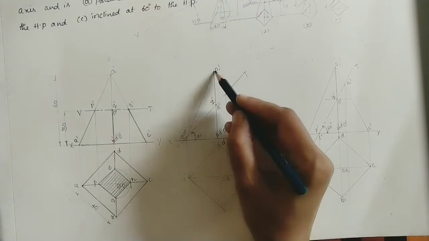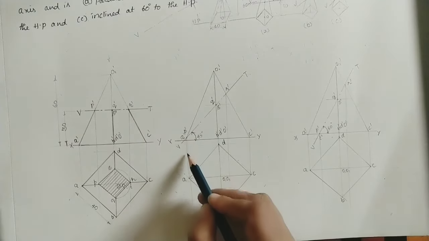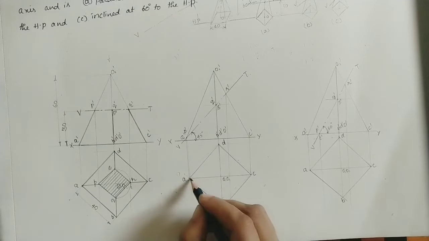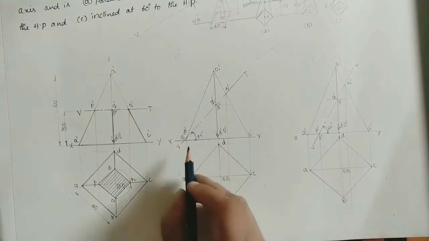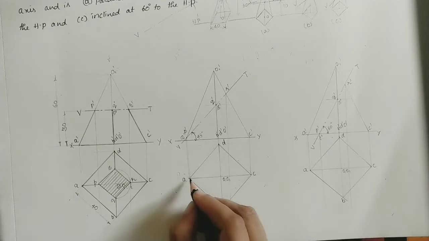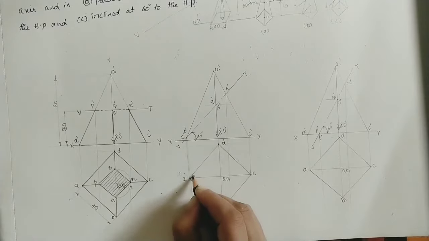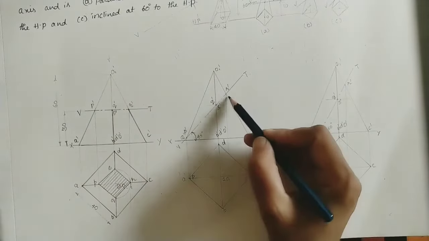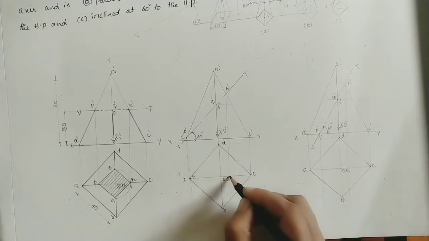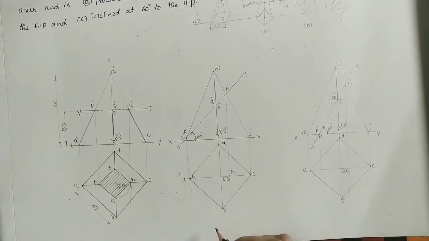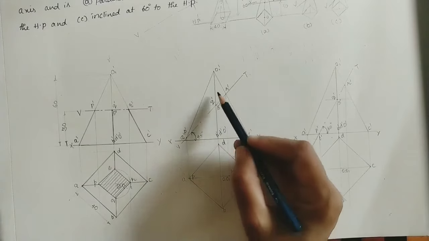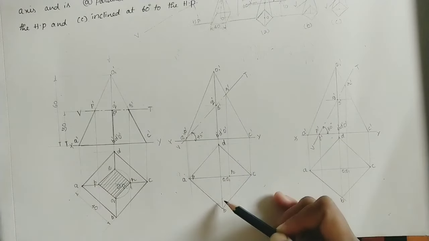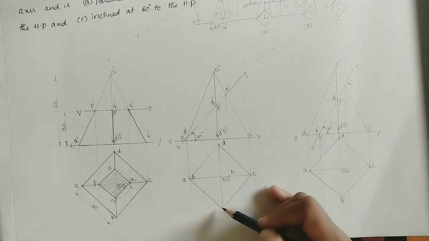Where is P dash? On O dash A dash. So take the P projector line up to OA. So this point is the intersection point. It is almost touching this A point. So wherever the intersection point comes, mark the P point here. Similarly mark the R point. R is on OC. Take the projector line up to OC. Mark this as the R point. So Q and S are on the same middle line and axis line. That's why we can't mark them on the same line.